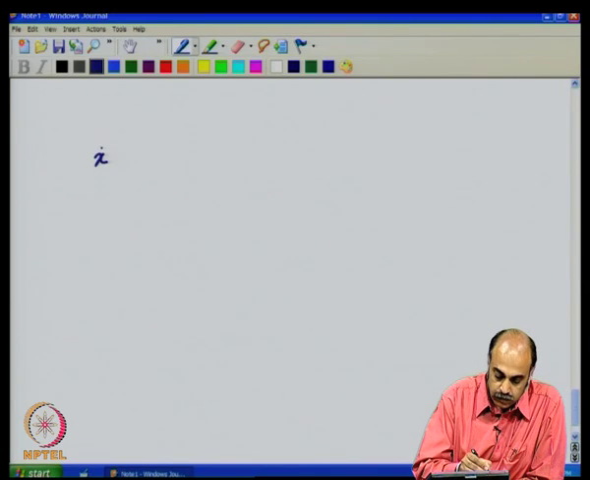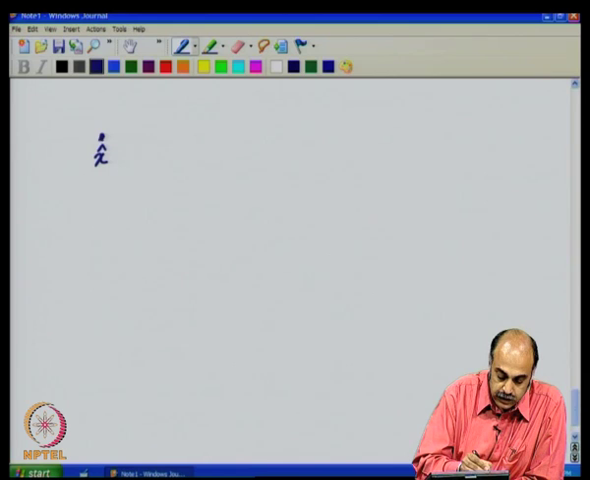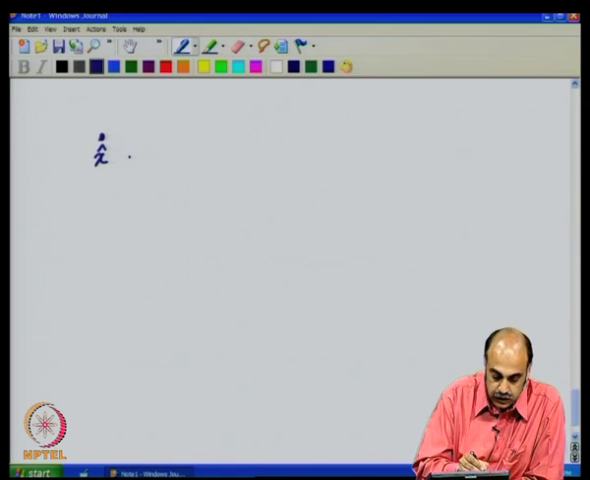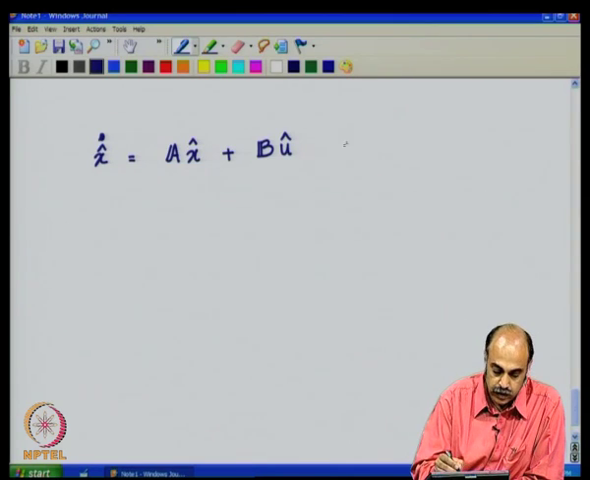x hat dot, because the steady state deviation is 0, you only have x hat dot on the left hand side of the equation, which is equal to A x hat plus B u hat, all are small signal quantities, plus